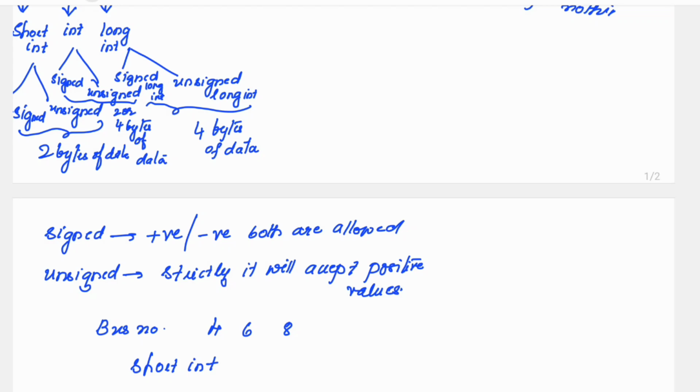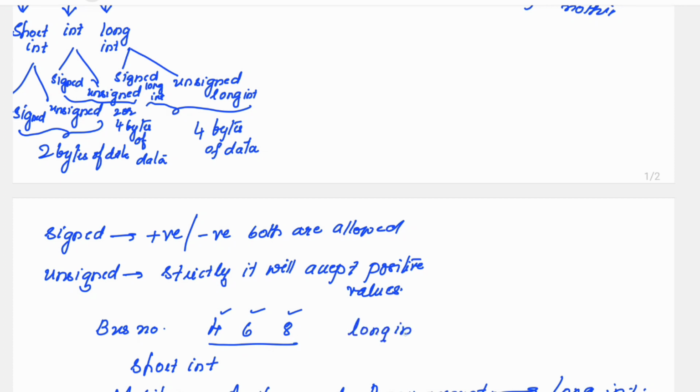And suppose you want to give very big values, like for example, your mobile number has 10 digits, your Aadhaar number has many digits, your bank account number also has many digits. So wherever the size of the value is too long, that time you can use long int. Your bus numbers get stored with just 2 bytes of data, because you are giving the values as 4 or 6 or 8. If you try to declare this bus number as long int,